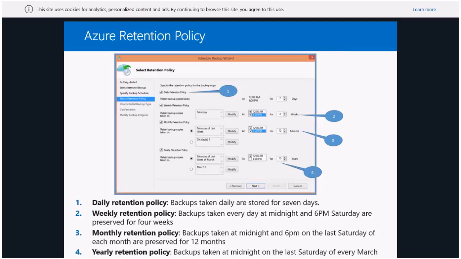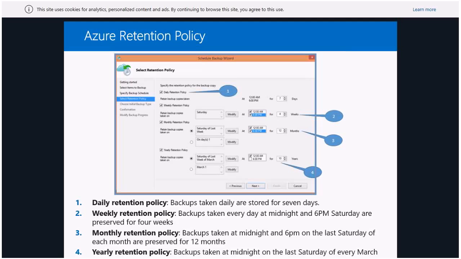And on top of that, I want to have a monthly backup, and it could be a yearly backup as well. Of course, everything will take space on Azure, and you will pay for whatever space you are using. But that's the point as well. You need to have a good design and a very good understanding.